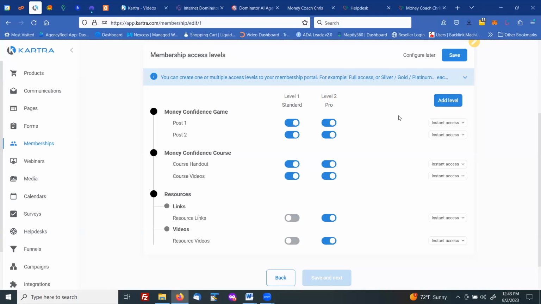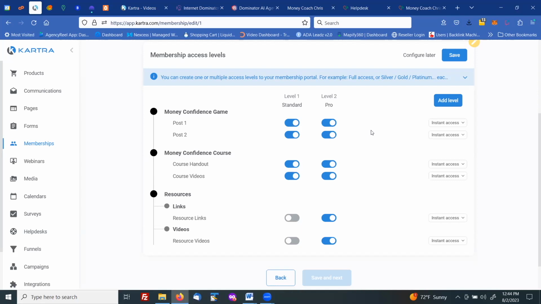That's really powerful. Here again is another powerful thing, giving them instant access versus allowing access to this post in a certain number of days or on a specific date. So here's something to think about. If you have a 30-day money back guarantee and you have a very in-depth course and you've got a lot of content, you might make them go through the content, like give them week 1 content and week 2 content. Let's say it's a 12-week course. So at the end of the 4th week, you are really hitting them hard with the stuff that's coming out